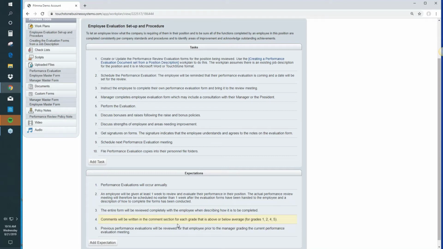Comments will be written in the comment section if the grade is below a 1, 2, 3, 4, or 5. So I think comments should always be written in the comment section. This proves that the manager is not just making this up because they don't remember. They have concrete evidence and examples of why they put that grade in, whether it's good or bad. Previous performance evaluations will be reviewed for the employee prior to the manager giving the grading, so you look back